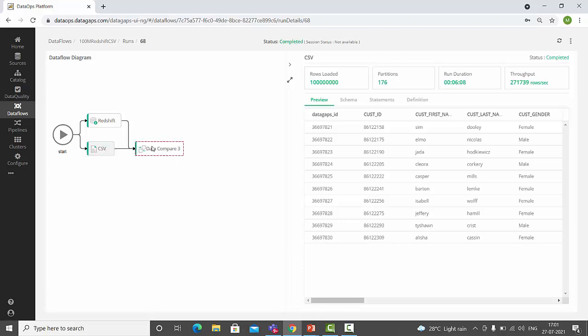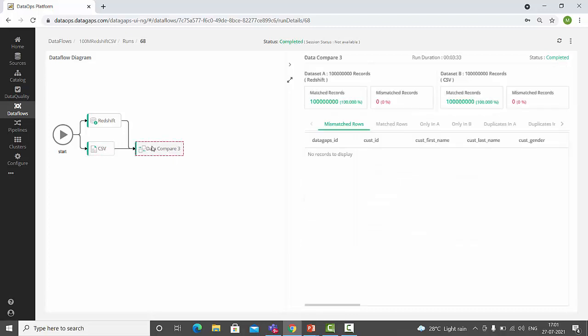Then coming to the data comparison, where it compares the 100 million records with the 100 million records in CSV, it took around 3 minutes 33 seconds, which is very fast. You can even increase this based on the number of nodes. Once we use the auto scaling cluster, the performance will automatically increase.